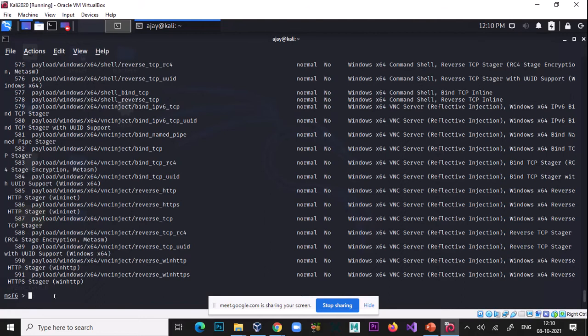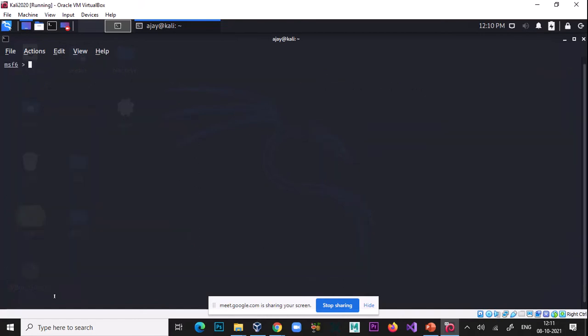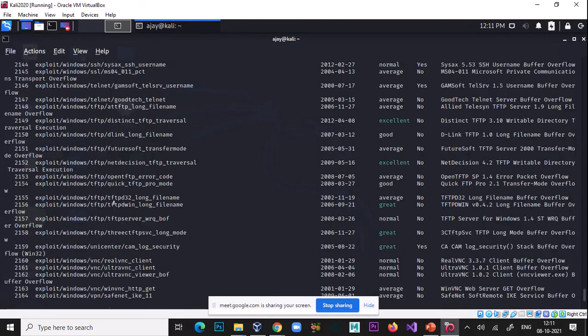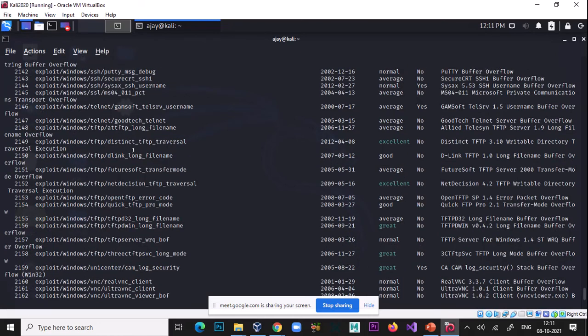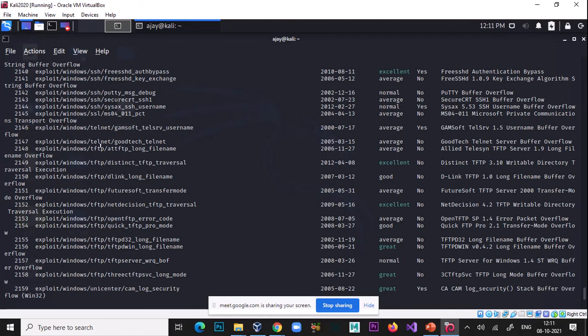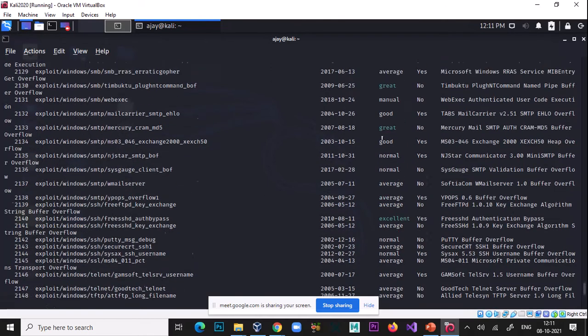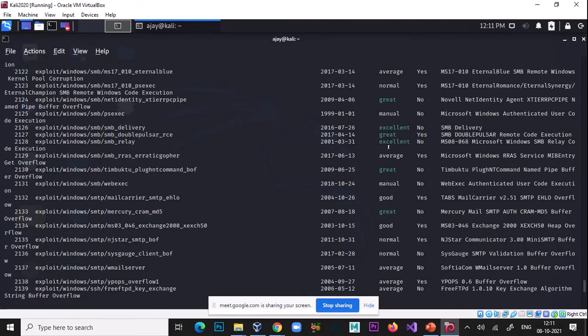If you want to see exploits, type show exploits. This is the list of exploits available with this tool. These are the ranks, how it works: excellent, great.